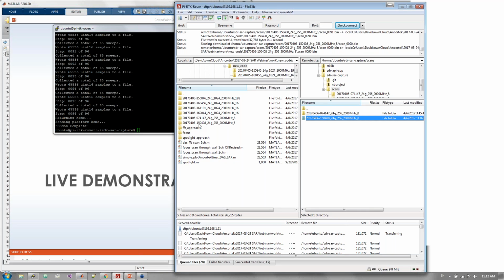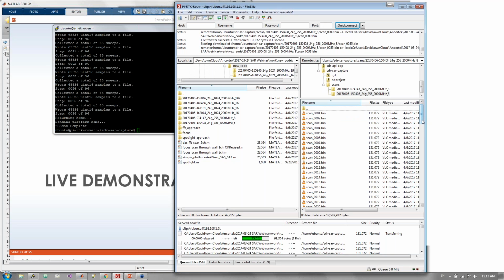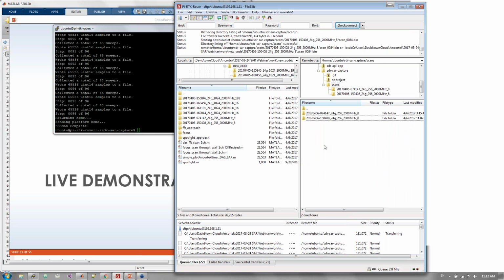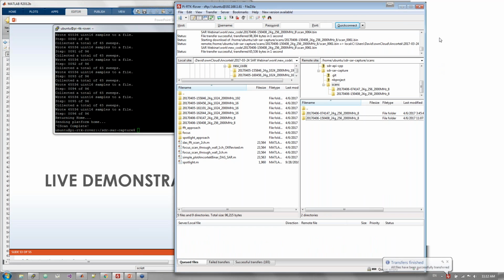And that's going to go ahead and process. What it's doing right now is transferring all the, see if I go into this folder, it puts each of our collections, each of these collections is 64 sweeps, FMCW sawtooth sweeps that it received. And it puts each of those collections in a single binary file that MATLAB can understand. And so we're transferring that back over to our MATLAB directory, and we're going to work on that when it gets there. In the meantime, I'm going to get the name of this folder,